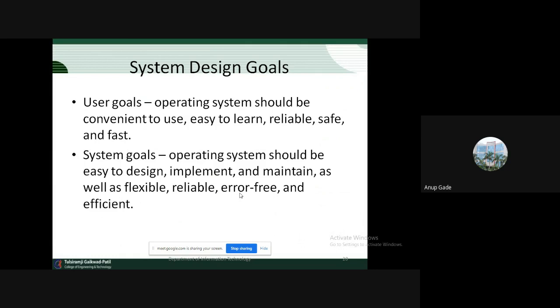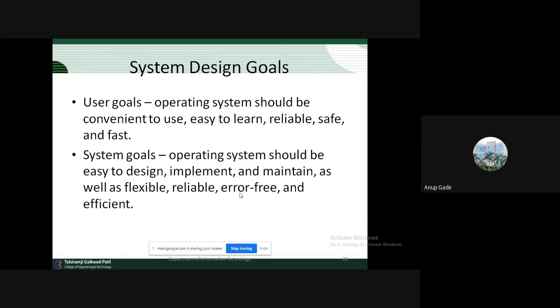What are the system goals? Basically, whenever we are talking about system goals, they vary as per the users and the system. For a user, the operating system is designed to make the overall environment convenient. It should be easy to learn, it should be reliable and safe. Along with this, it should be fast enough. These are the user's perspective, because the user wants the OS to provide a comfortable atmosphere. At the same time, it should be reliable also, it should not fail at any moment,